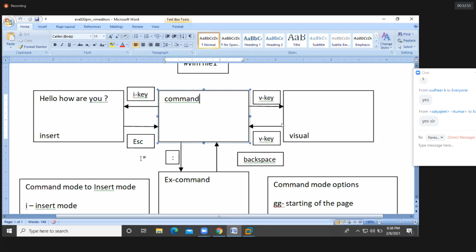each and every mode has a few options to manage the file a little bit quickly. For example, while you are editing a configuration file, we may have 200, 300 lines in the configuration file. So to edit the files, we should know some shortcuts to edit the file a little bit quickly in a real time environment. Because of that, we have a few options in each and every mode. Now we are going to discuss them.